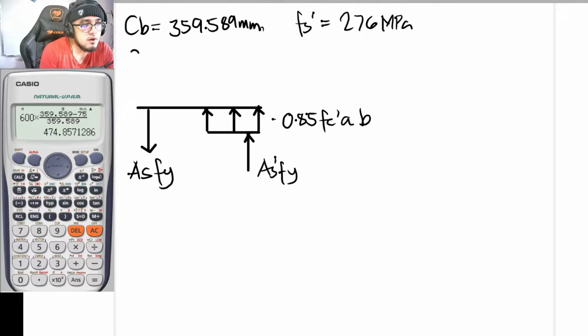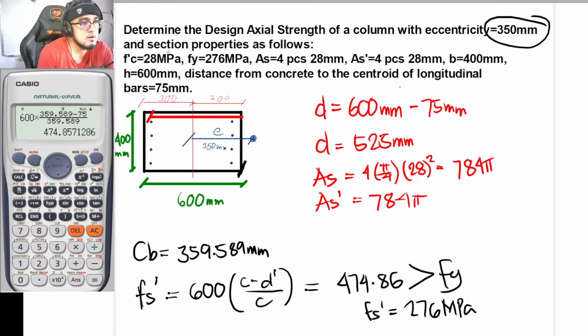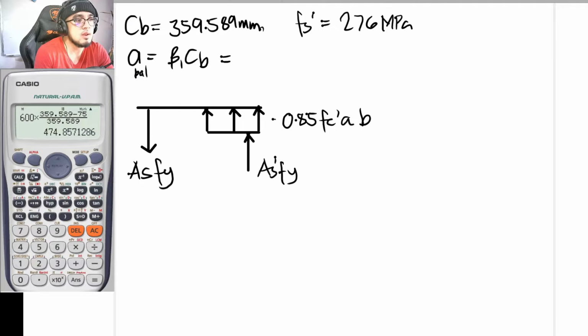So for the value for your A, that is basically equal to beta sub 1. By the way, this is to be A balanced: beta sub 1 times C balanced. And our beta sub 1 is equal to 0.85 since F prime C is equal to 28 megapascal. So for every concrete strength that is 28 megapascals and below, your beta sub 1 is automatically 0.85. So with that, this is now to be equal to 0.85 times